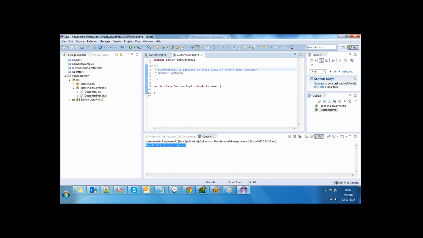How do we relate parent and child classes? By using a keyword: the extends keyword. Now tell me how to relate superclass and subclasses in Java. We use the extends keyword to relate subclass and parent. Can you explain with the example?